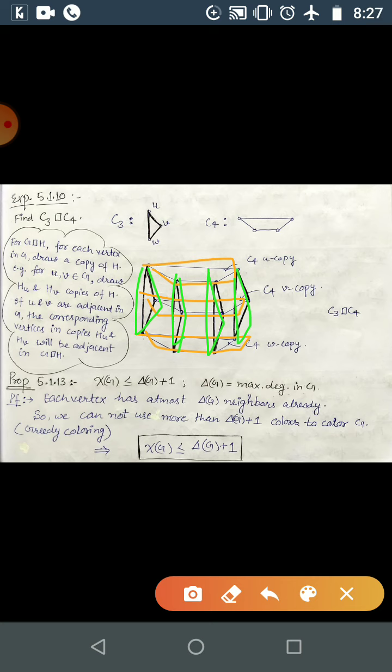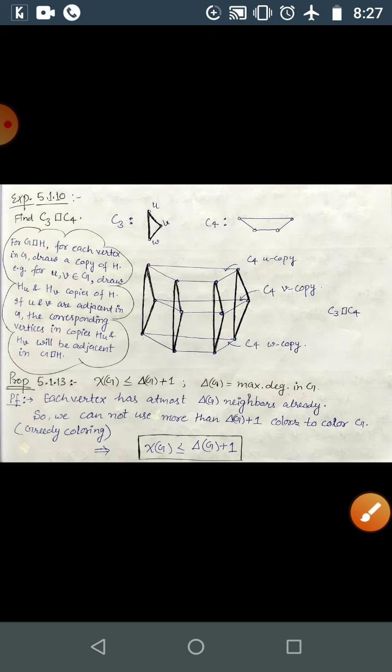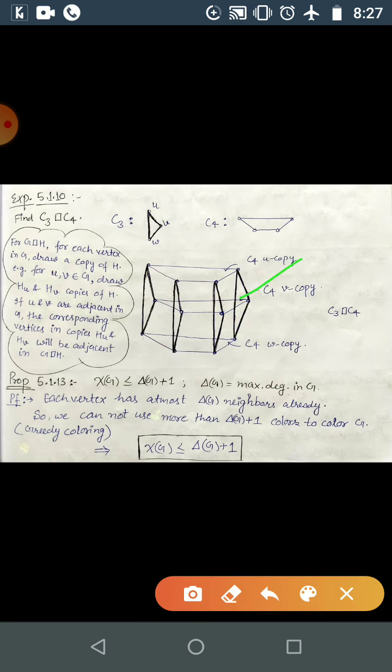Okay, so here it will be adjacent with this one, adjacent with this one, adjacent with this one. Okay, so finally we got this one. So first you can replace C3, C3, C3 and C3, and here these are adjacent, so these vertices will be adjacent, and this is adjacent, so this will be adjacent. Okay, and this is adjacent, this is adjacent, that's why these are adjacent. So finally we will be getting a graph like this.